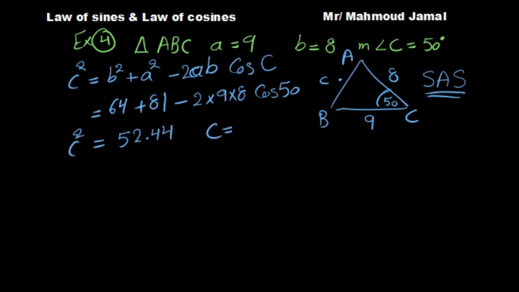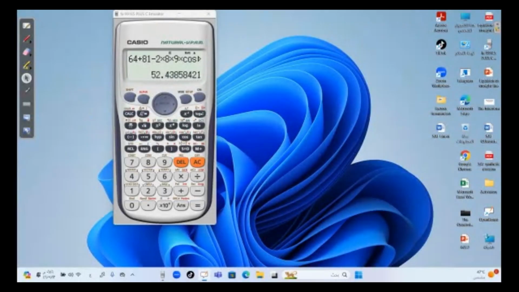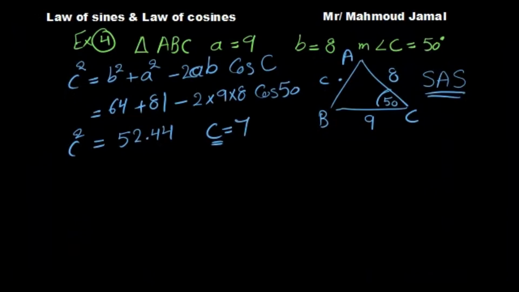How to find c? I will take the square root of both sides. c equals the square root of the answer, which is approximately 7.24. Now I have 7.24. Can I find out angle B? Yes, I can. Can I find out angle A? Yes, I can, by using cosine A, which equals b power 2